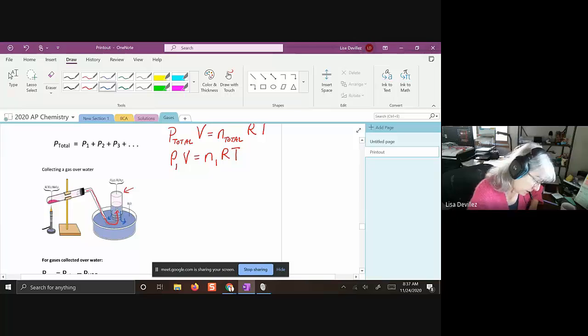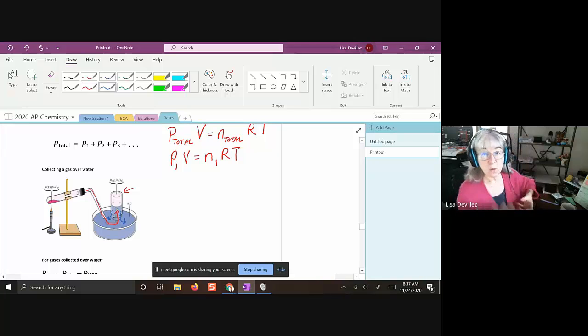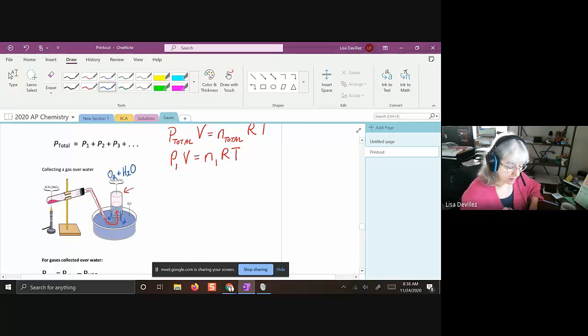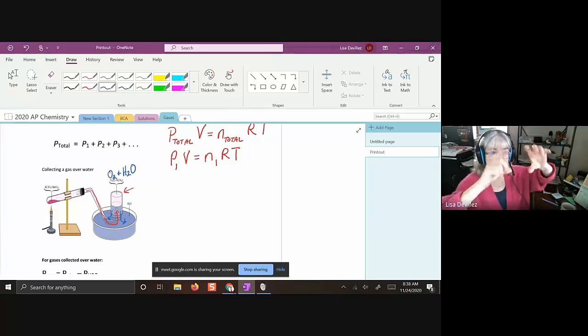Now, because it's over water, you do have some water vapor in this space. So I'm going to write this bigger. That vapor space there has oxygen and water vapor in it. So the pressure that's inside there is due to the oxygen molecules and the water molecules. The way this works is that we would collect the gas, and then take and lower the